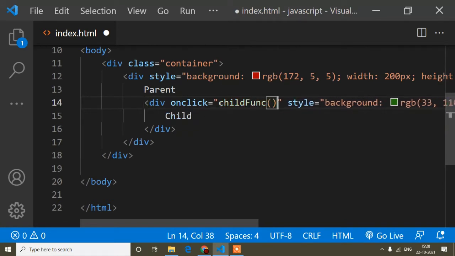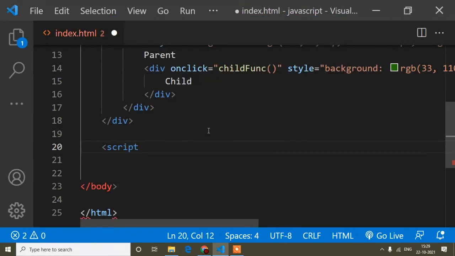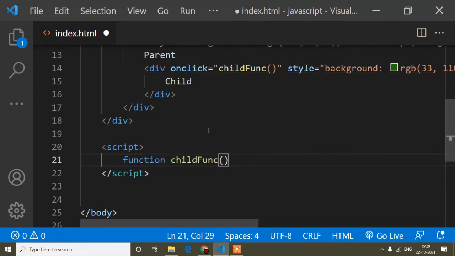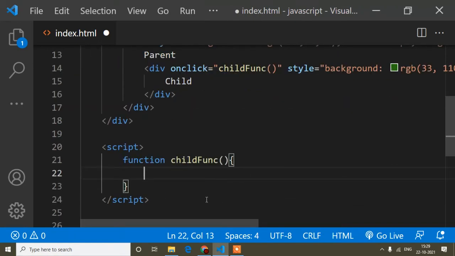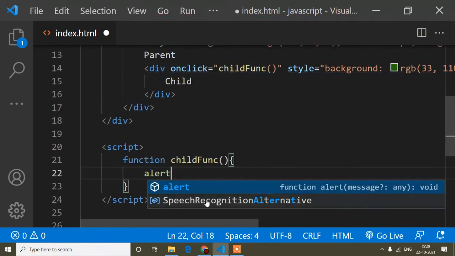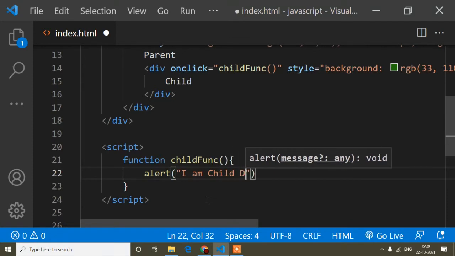Now I will copy this function and add a script tag like this, and the function this way. Okay, it's done. Now if I click, the alert message will be "I am child div".